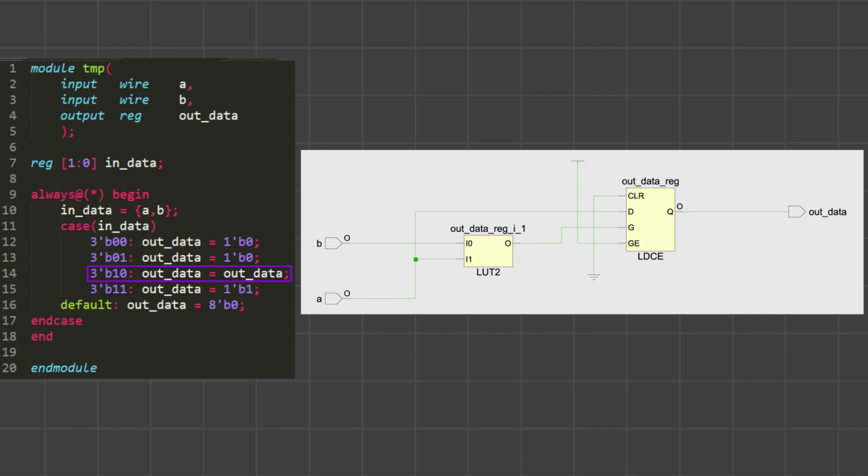In the third situation, if the output variable is assigned to itself, it will also generate a latch. No matter whether you are using else or default statement in the combinational logic, it needs to keep its previous value once the input value matches this judgment condition. So it is easy to understand. A latch will match this situation, thus assigning output value to itself is not recommended.